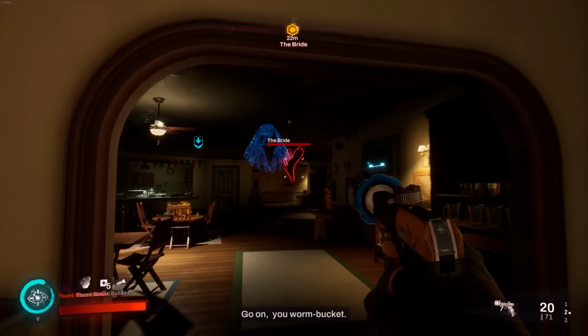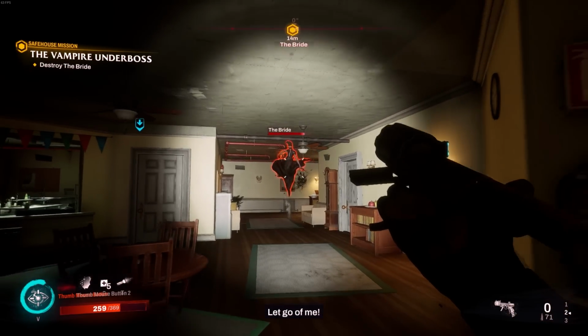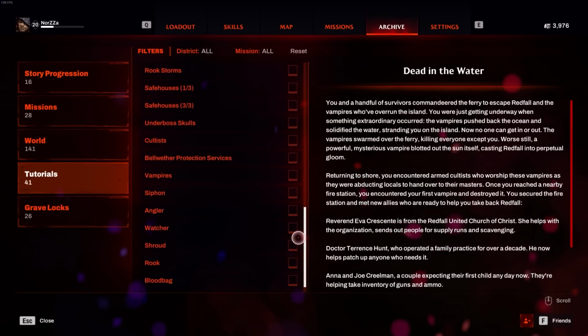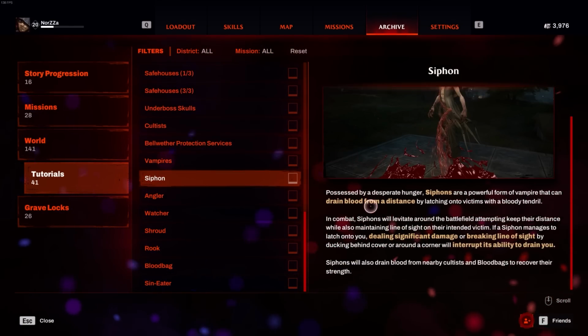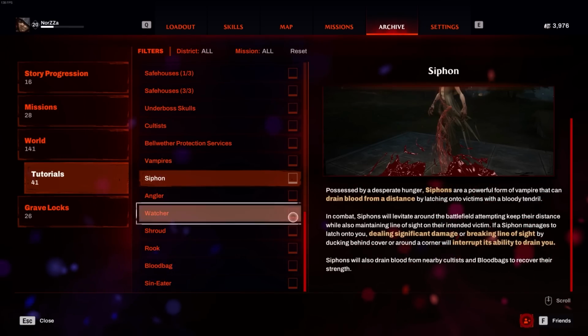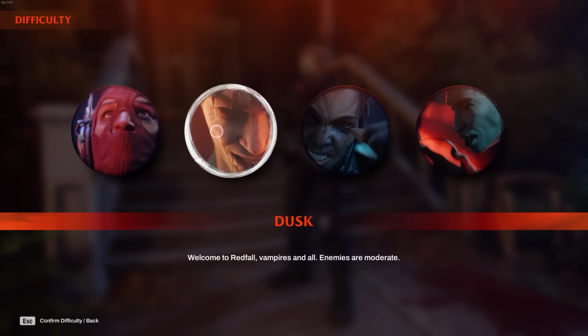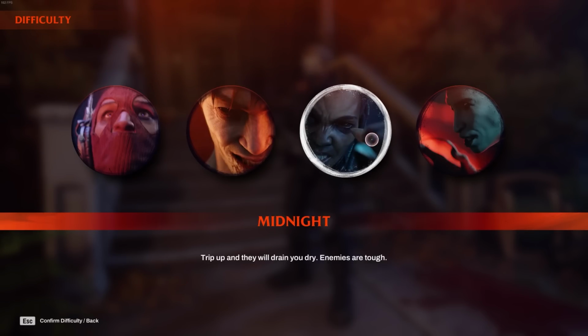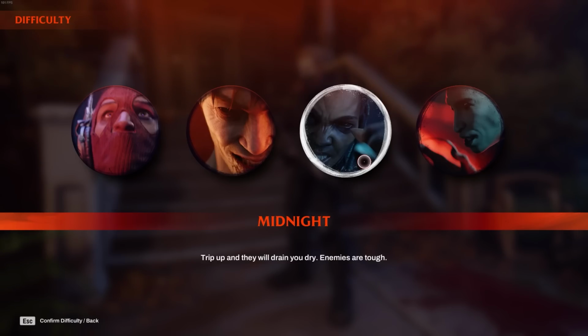There are also a number of vampire types that all have unique effects and ways to deal with them. If you're not sure about what a vampire does, you can check it in the archive to learn more about that vampire type, as well as how to deal with it, and there's plenty of other useful information in the archive as well that you can read at your own perusal. You can also change the difficulty if things are too hard or too easy. There is also a harder difficulty that unlocks once you have completed the main story,